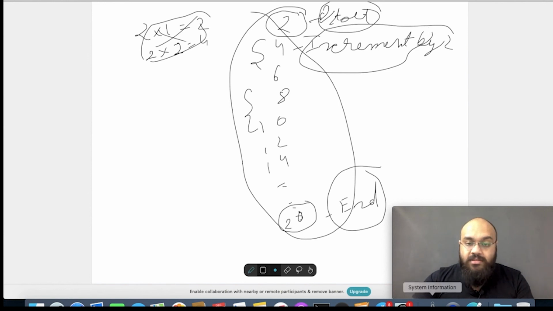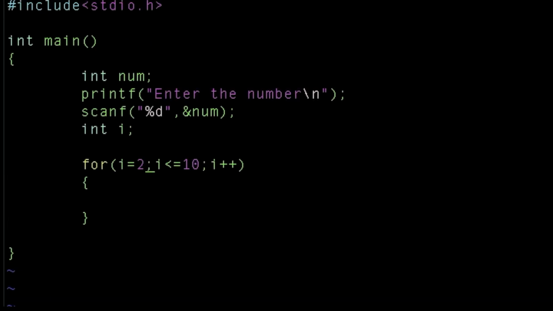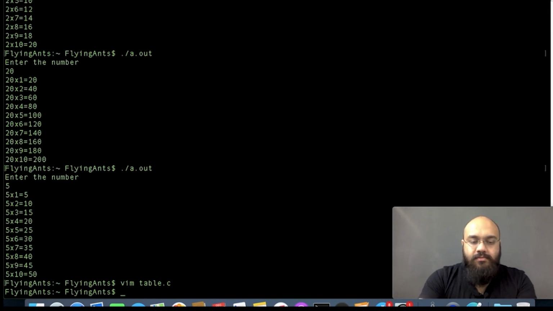Extremely easy, extremely simple. So start condition, we are going to start with 2, i is equal to 2. End condition, it will run till i is less than or equal to 20. Increment condition, not i plus plus, i is equal to i plus 2. And what should we print? It's going to print the value of i. That's it.